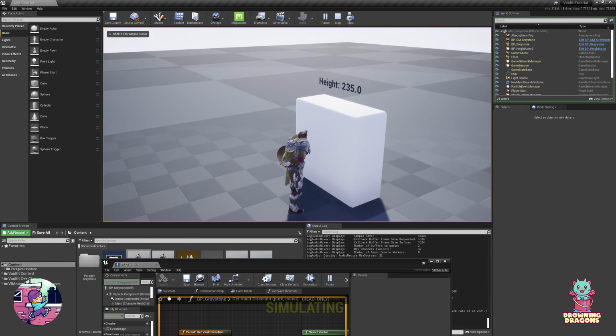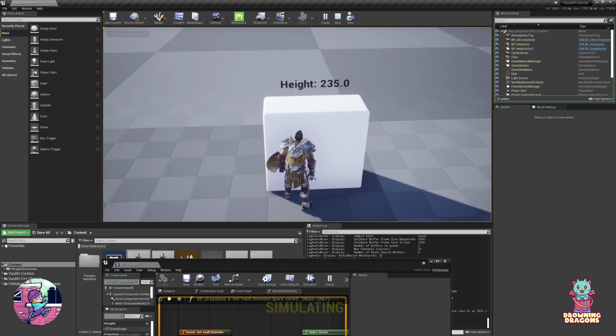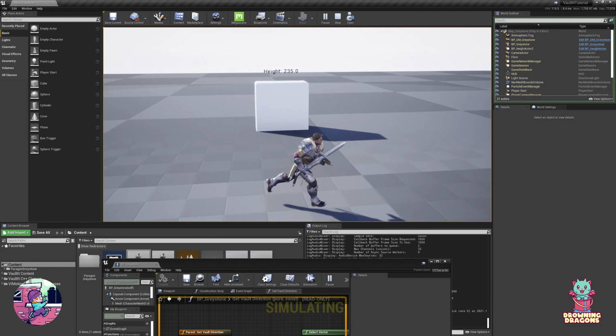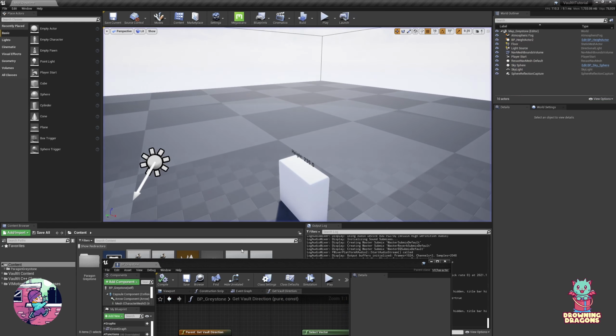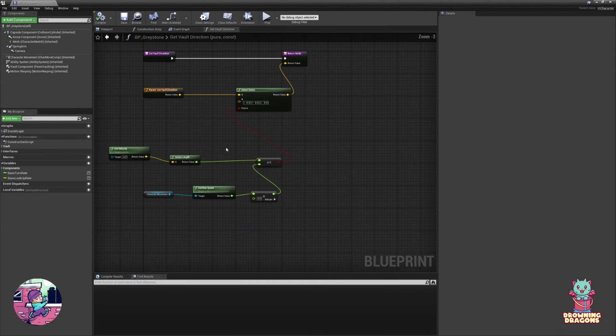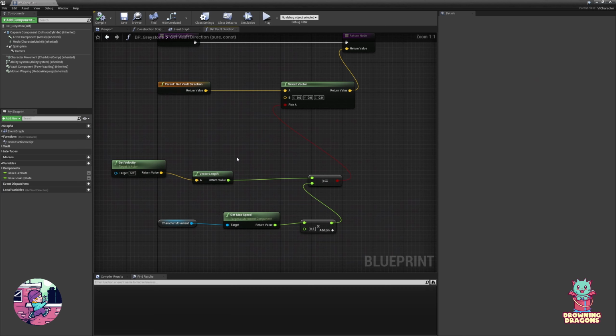So I approach, I stop, hit V. Nope, nothing. I approach at speed and hit V, and you can vault. So now we're getting a little closer to realism. But